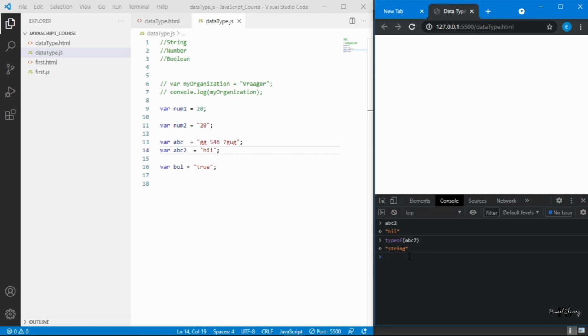So that was just data types in JavaScript. In the next lecture, we will try to understand how we declare a variable and how we initialize a variable. I have just used some variables like var num, var num2, var abc. In the next lecture, we will understand how we can declare and initialize them, and how different types of variables are used.